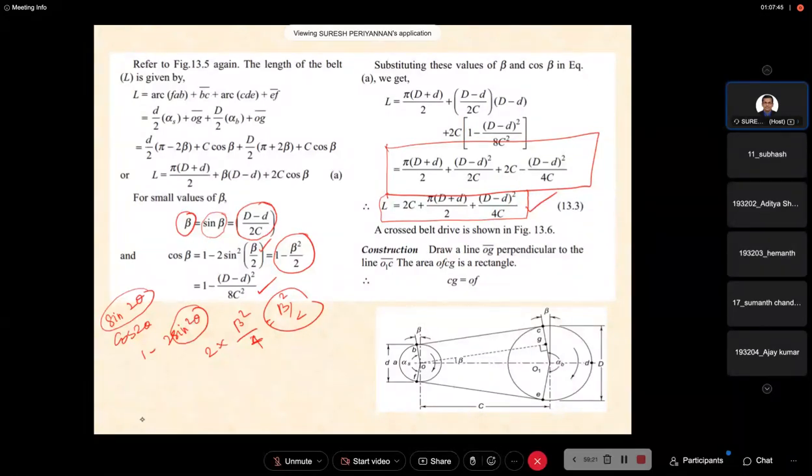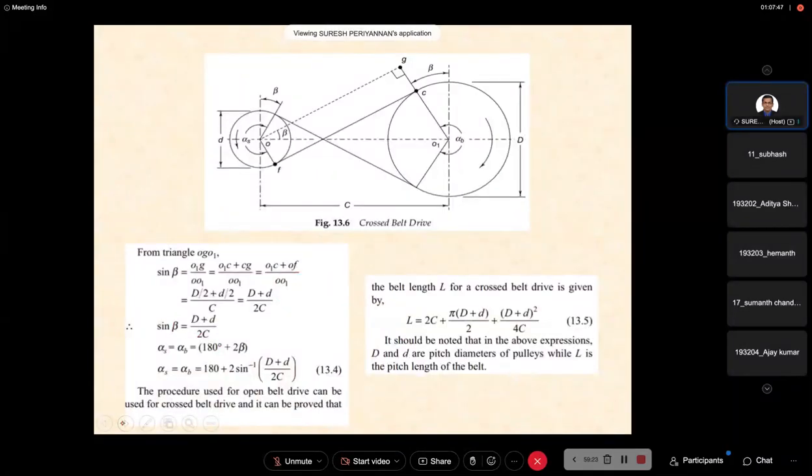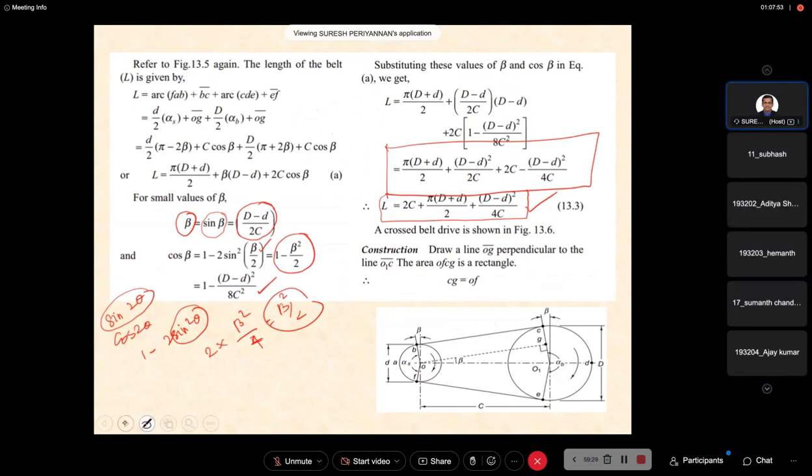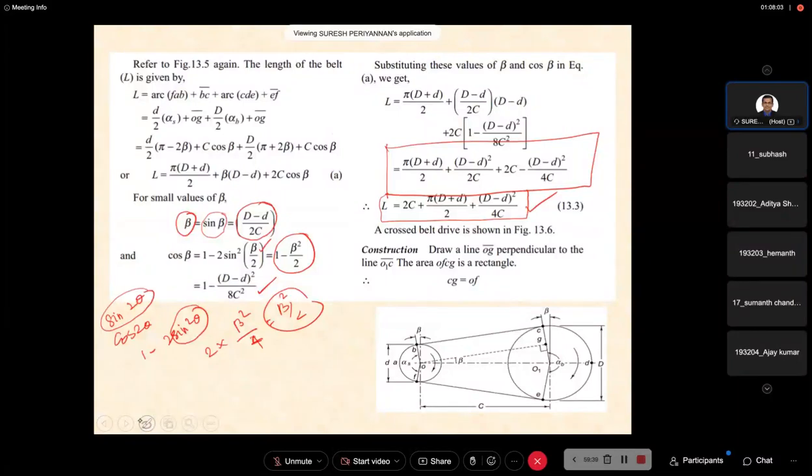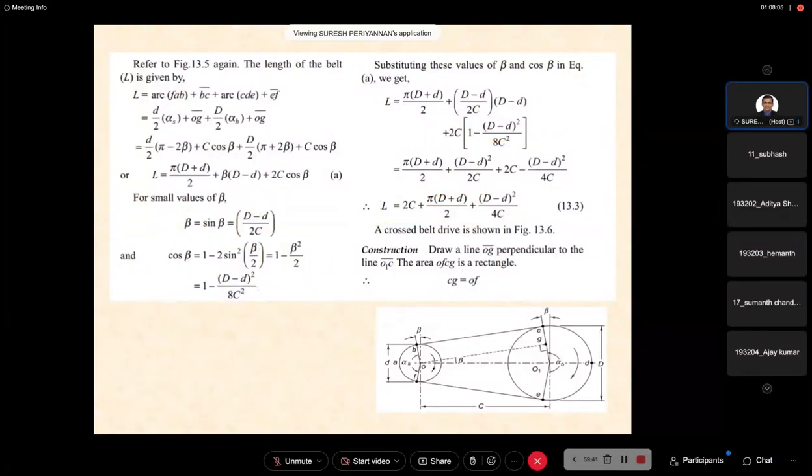Anyway, I complete the last one. This is the cross belt. Now same concept, but what is the difference here? See here. The length is 2C plus pi into capital D plus small d divided by 2 plus capital D minus small d whole